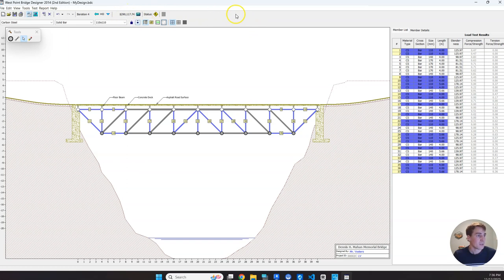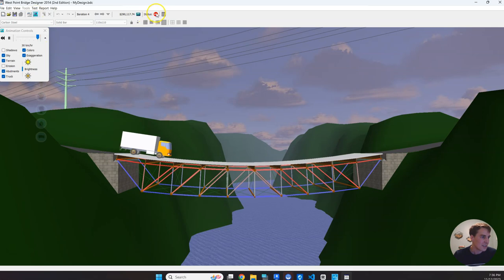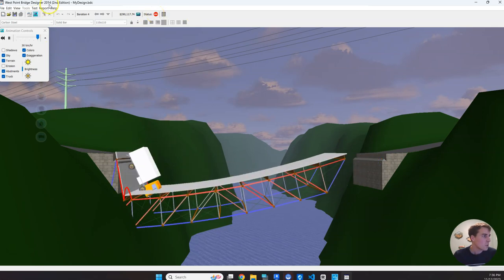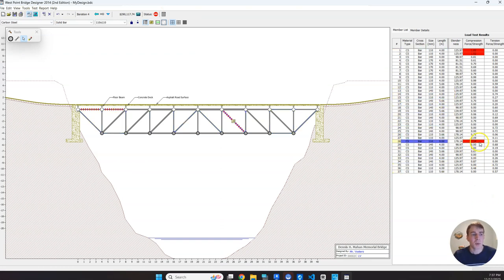We saved $50,000. So if this works, we've already saved ourselves a lot of money. So now I can click the load test animation, and it looks like right away I know this is going to fail. But that's okay. We can go back. It's kind of a trial and error process, and just 3 of them have failed. So even though we made a bunch of them smaller,